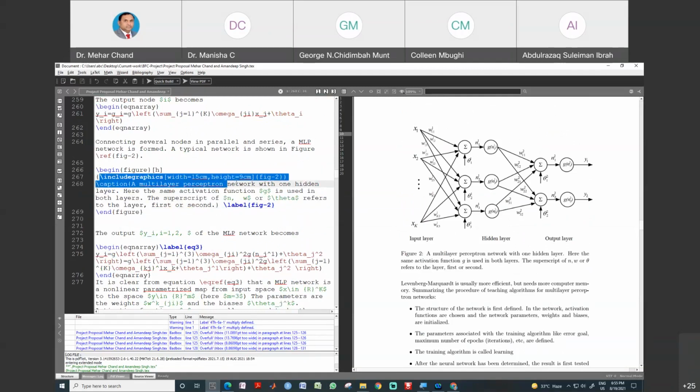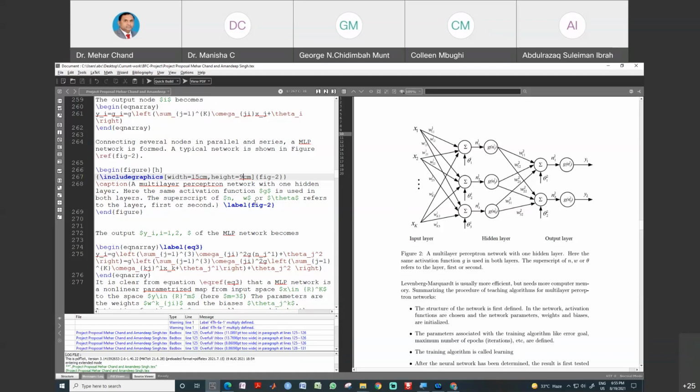This is the main command, \includegraphics, with width and height. You can see here the width is 1.5 and the height is 9, because this is the large size we need, so that the whole document with the figure I insert looks beautiful. According to that we can customize the size of the figure.